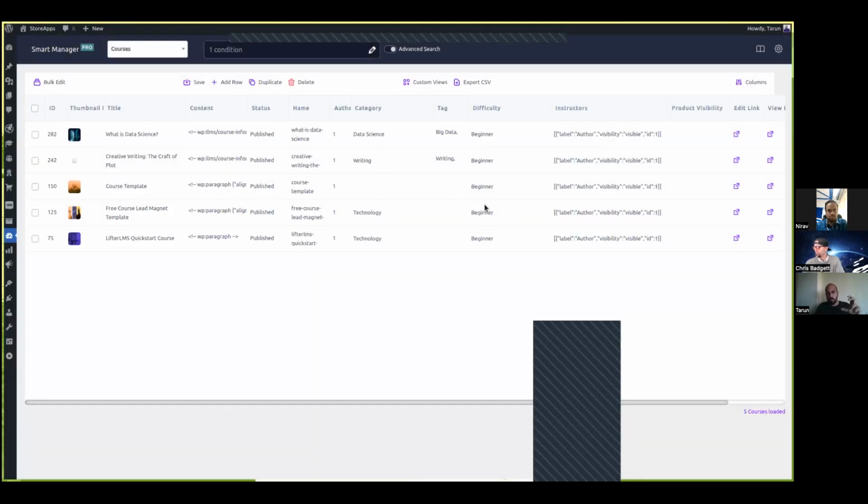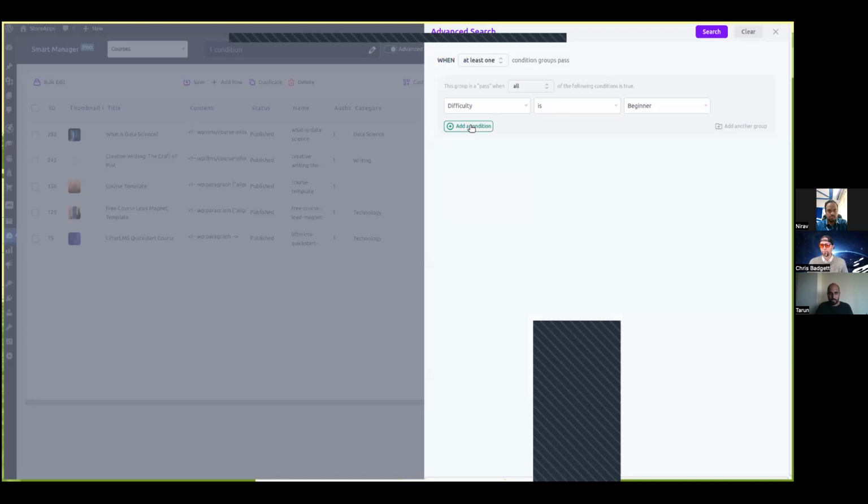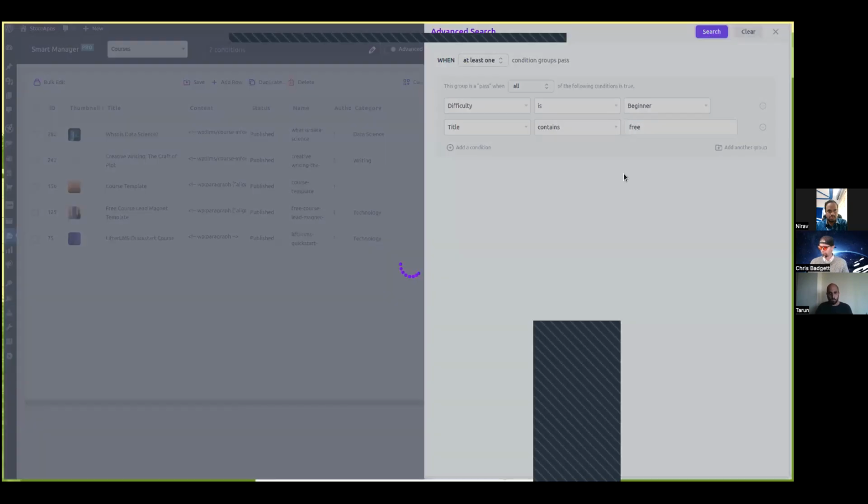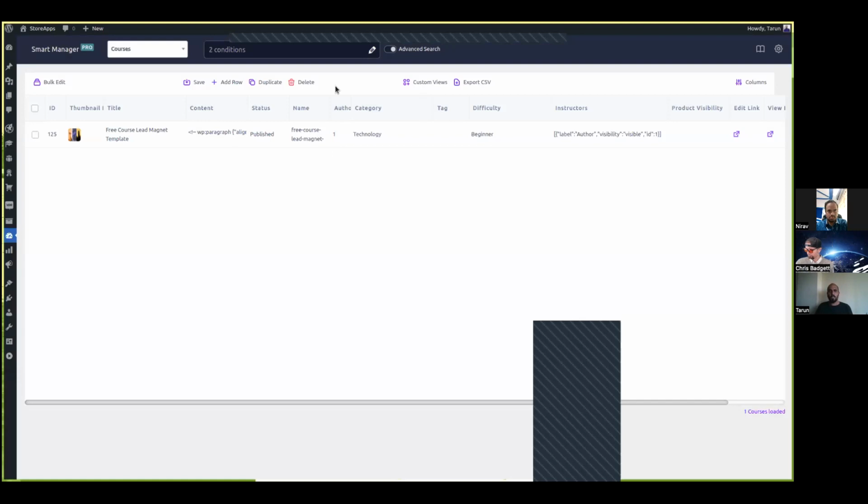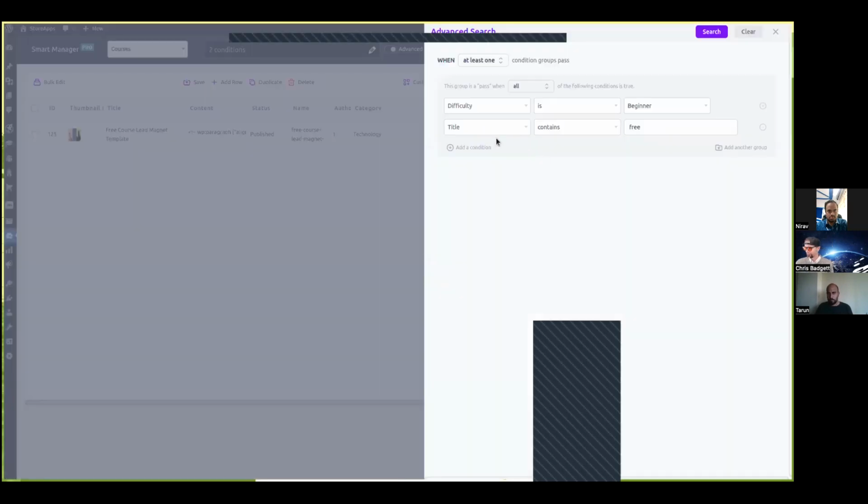Now, if I need to further drill down this search, or if I want to say, okay, you know what, do one thing, give me all the things that are in this and that are also free. So let's say my title contains free. Okay, so I can do a kind of a full text search or a matching kind of a like search here also. So I can do it this way. So it will give me only this one. I'll say, okay, no, do one thing. Give me all the courses where the difficulty level is beginner and free.